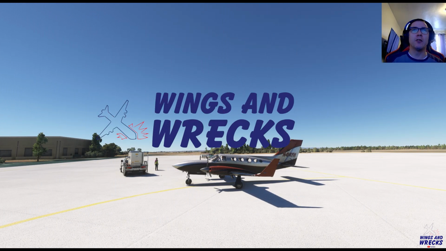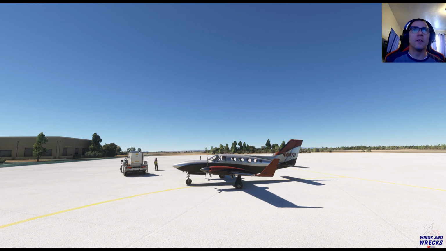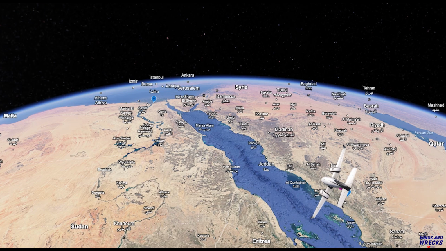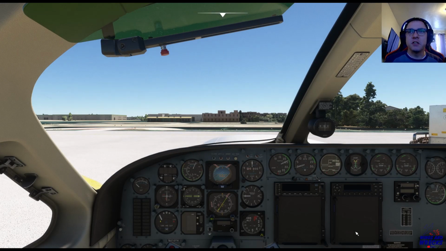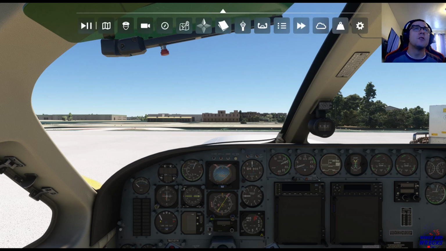It's a new year, so we got some new stuff to check out here. We're on the ground in King Khalid Airbase in Saudi Arabia, and we're going to fly the 414 to Cairo, Egypt, on an IFR flight plan using Say Intentions. You will see that the GTNs look a little different. We have upgraded our GTNs to the